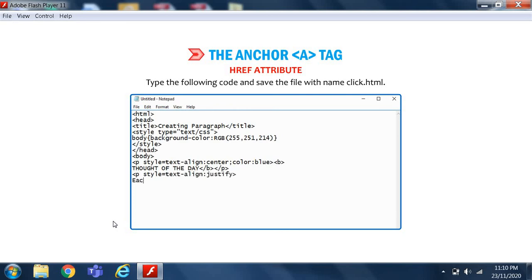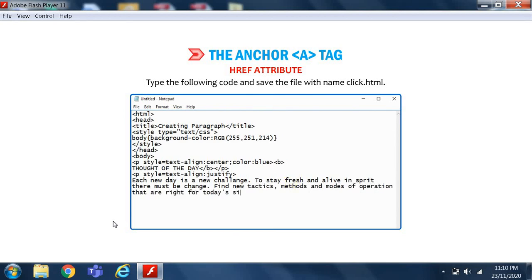<p style="text-align: justify">Each new day is a new challenge. To stay fresh and alive in spirit, there must be change. Find new tactics, methods, and modes of operation that are right for today's situation.